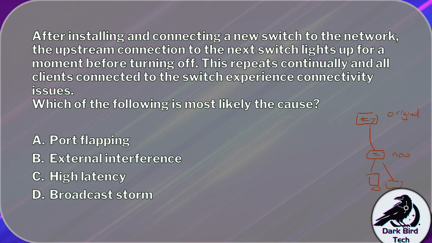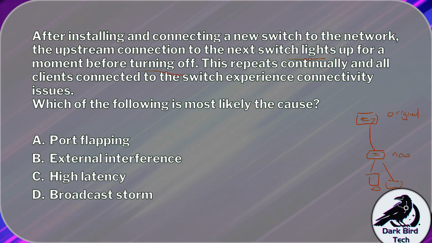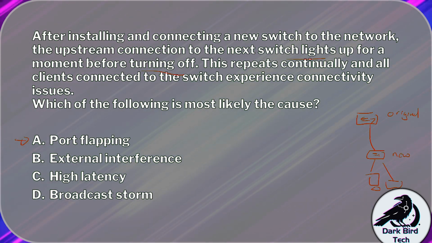So our options are port flapping, external interference, high latency, or a broadcast storm. So in terms of the symptoms, let's focus on that. Interface lights up before turning off. And the users are experiencing connectivity issues, so they're seeing no network. This could potentially be port flapping, where an interface works, stops working, works, stops working, up and